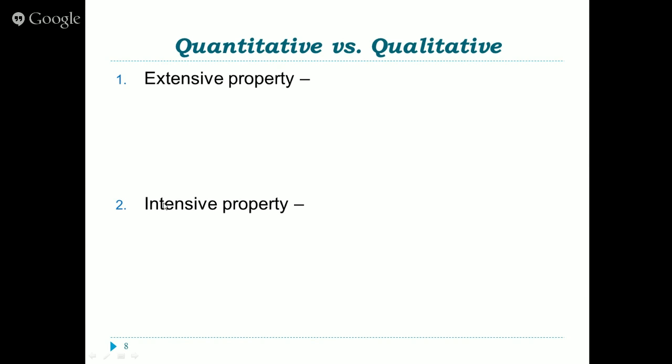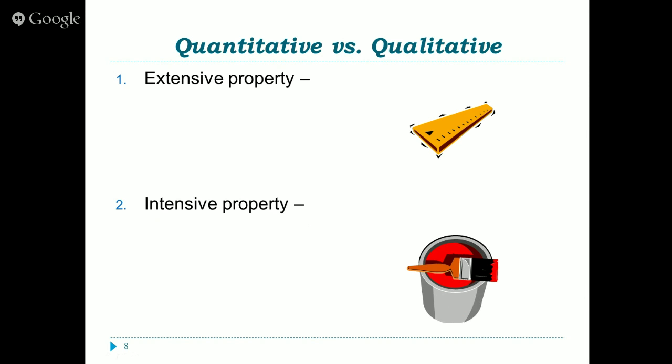Versus an intensive property, where we're looking at the quality of it. Intensive properties do not depend on the amount of the substance that is there. For example, what color is the substance? Does it smell? Is it hard? Things like that. Is it soft to the touch? It just depends. So measuring is an extensive property. Identifying something with our 5 senses tends to be an intensive property.